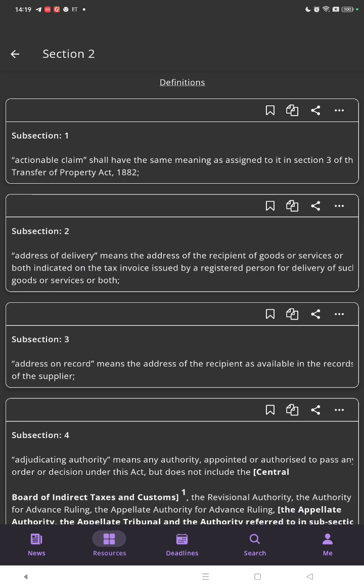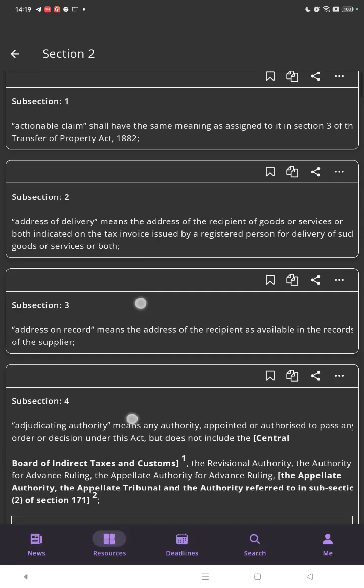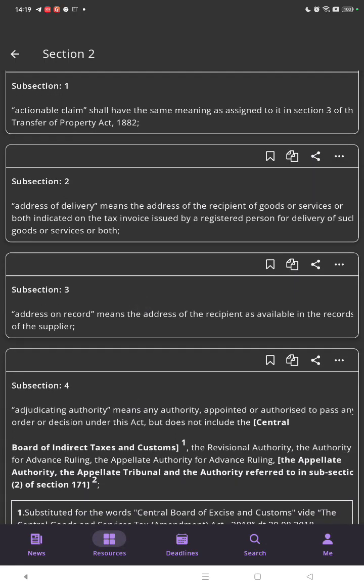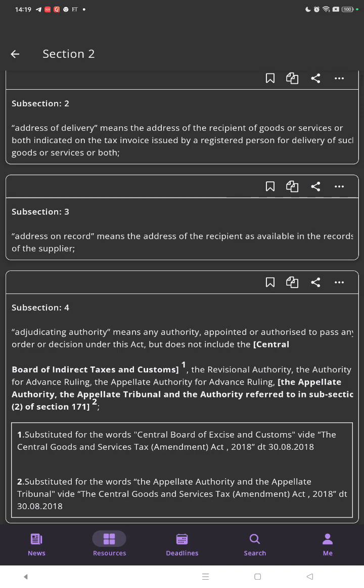Then subsection 2, address of delivery, means the address of the recipient of goods or services or both indicated on the tax invoice issued by a registered person for delivery of such goods or services or both. Subsection 3, address on record, means the address of the recipient as available in the records of the